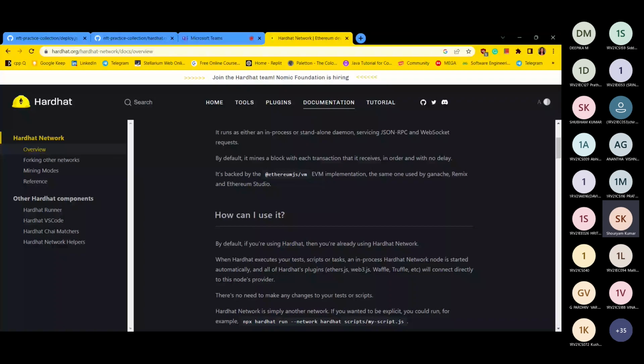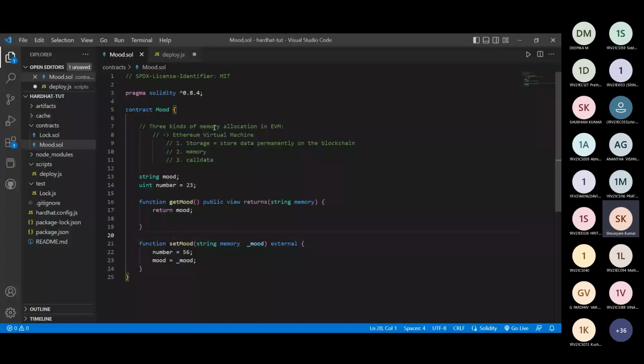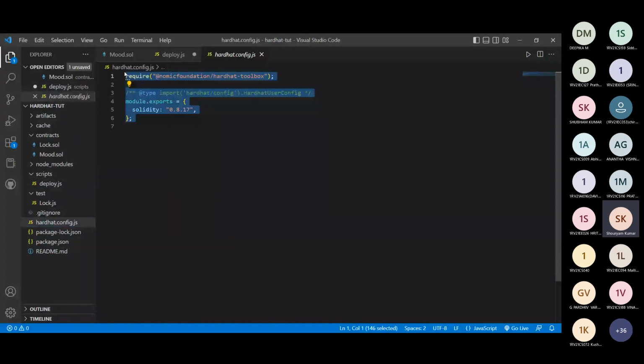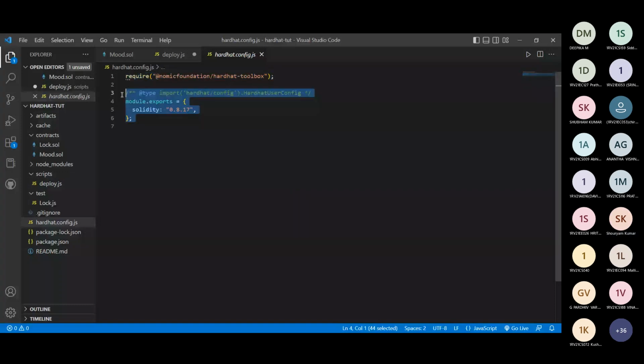Share the VS Code again. So yesterday we had studied about hardhat.config.js, and I had told you that this file is the heart and soul of Hardhat. If this file is not there, your Hardhat is useless. But even if this file is there and no other things are there, you can always create them on your own. So before proceeding forward,